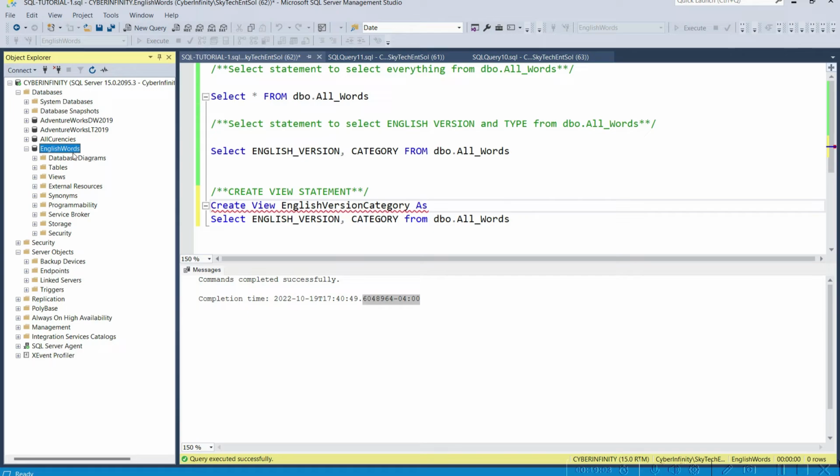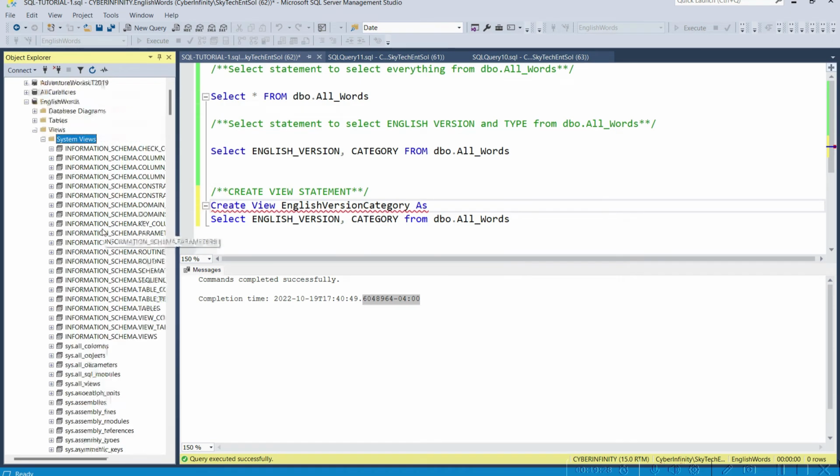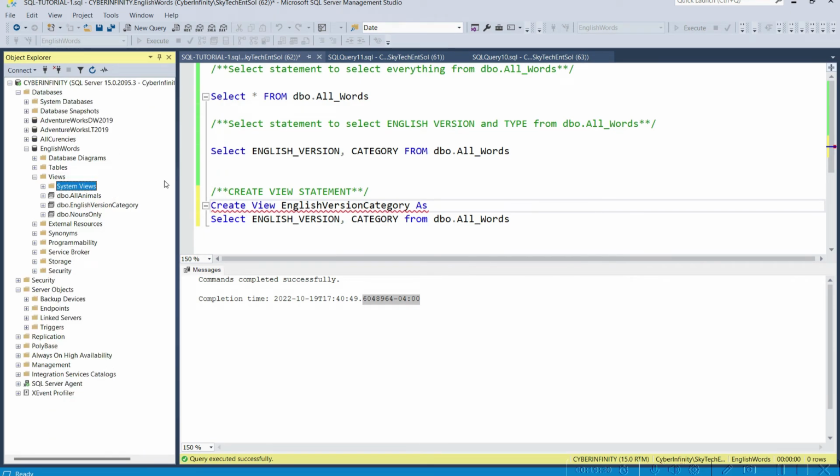Since we created that view within the English words database, you find out that one of the database objects within the database called English words is a view. So this is the folder called views. Of course, there's a system view here, which I recommend you do not tamper with, right? Because you could ruin your whole database. But anyway,